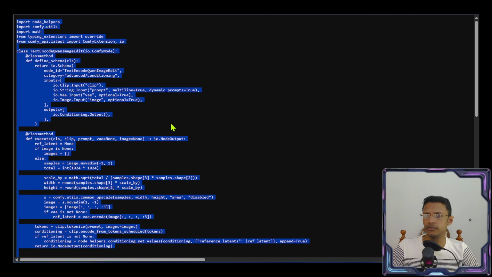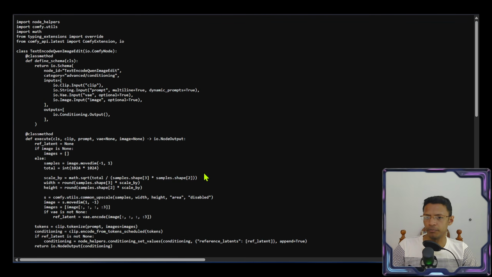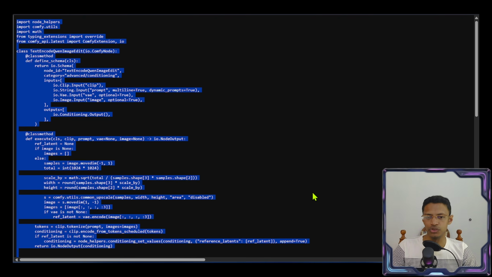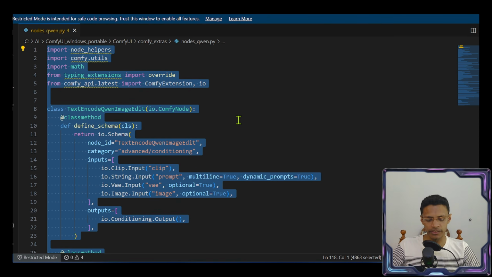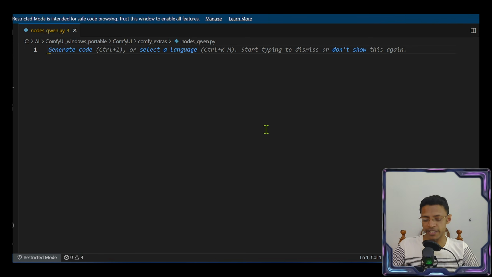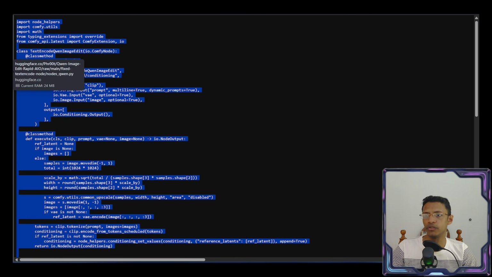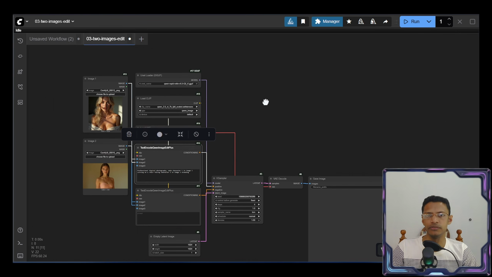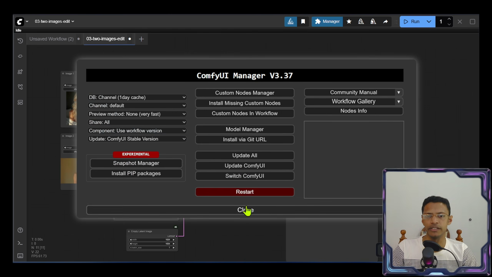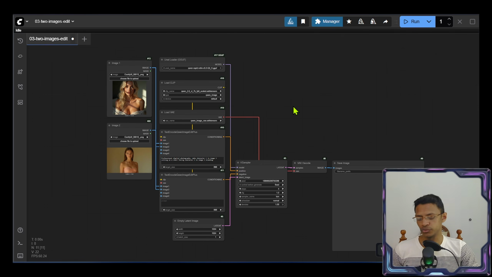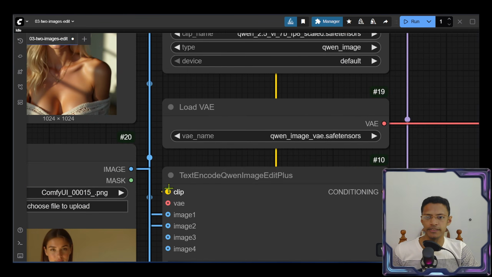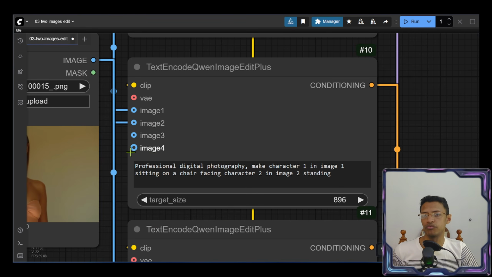Let's go back into the page here. In this raw page, click on it once, press Ctrl+A, Ctrl+C to copy. Go in here, press Ctrl+A to select everything. You can delete it, backspace or delete, and then press Ctrl+V to paste, Ctrl+S to save. Close out. We don't need this page anymore. Back into ComfyUI here, we'll go into Manager, Restart, Confirm. Once restarted, just press F5 to reload your page, and you should see now we have image 4 as well